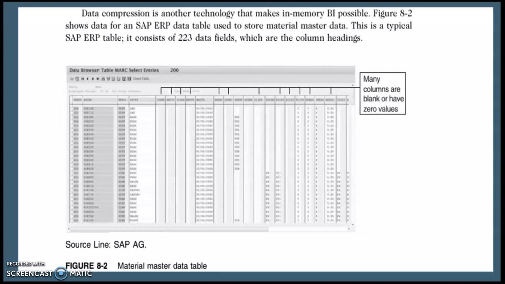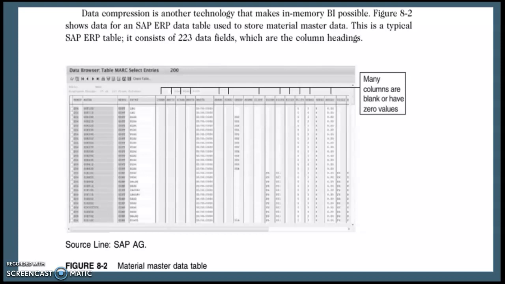With data compression driven by column storage, it is now feasible to store large volumes of data in memory without aggregation.